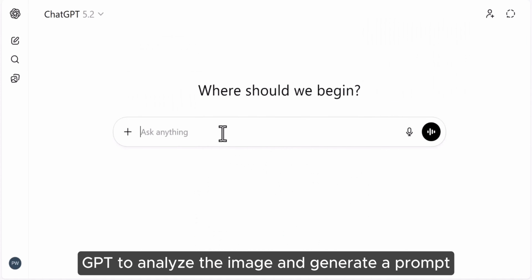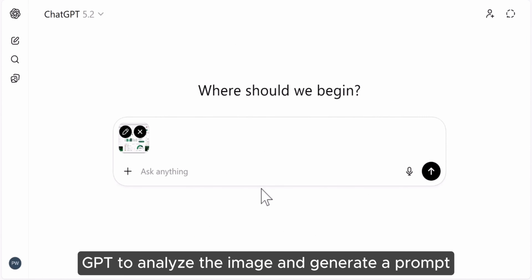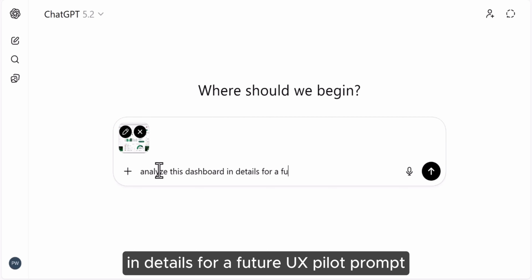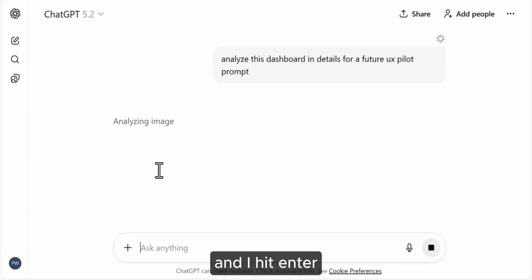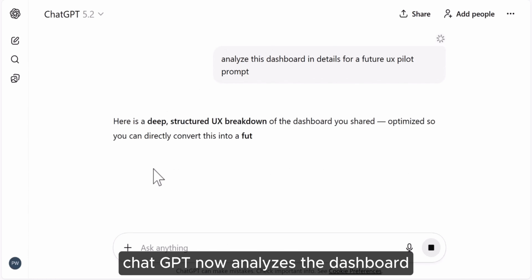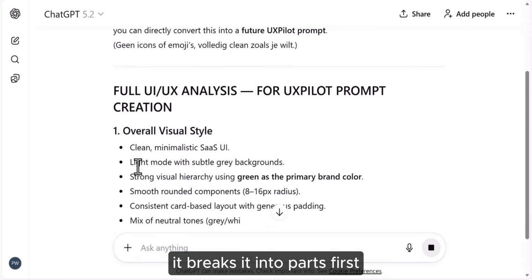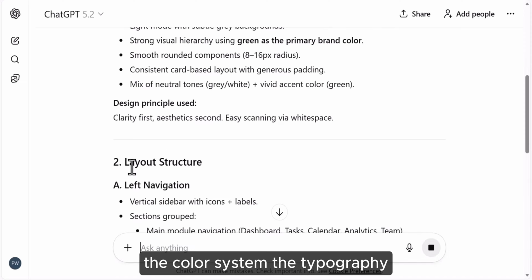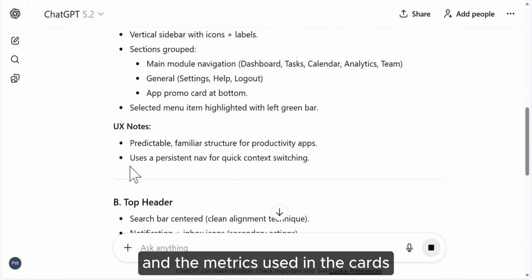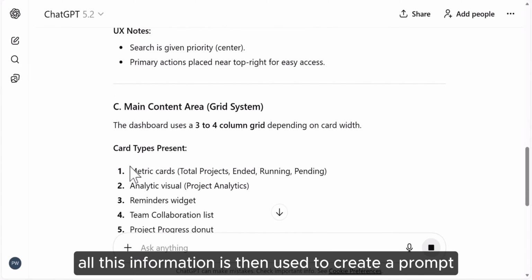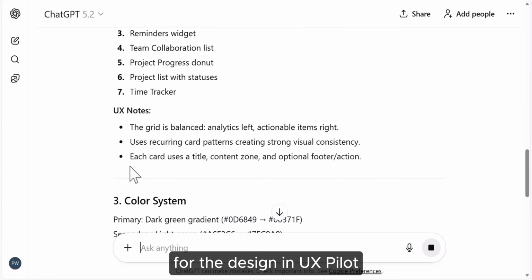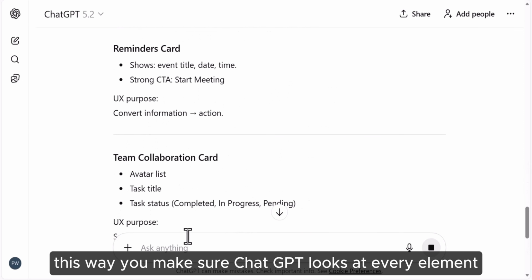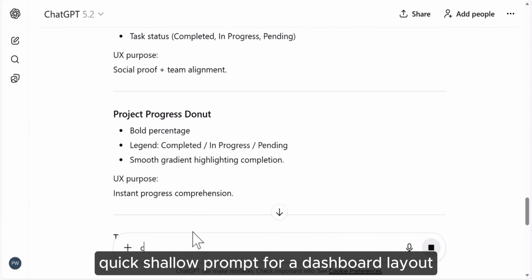I now open ChatGPT to analyze the image and generate a prompt. I type, "Analyze this dashboard in details for a future UX Pilot prompt," and I hit enter. ChatGPT now analyzes the dashboard. It breaks it into parts. First the visual structure, then the layout. After that, the content areas, the color system, the typography, and the metrics used in the cards. All this information is then used to create a prompt for the design in UX Pilot. This way, you make sure ChatGPT looks at every element instead of creating a quick, shallow prompt for a dashboard